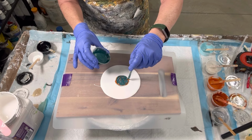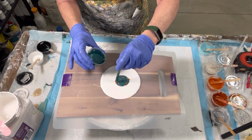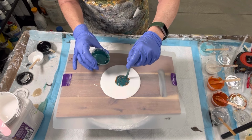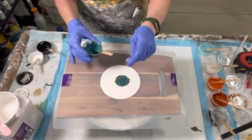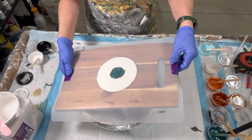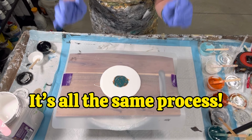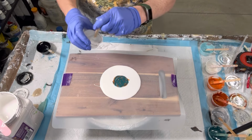So I'm ultimately going to be looking for a creation here that's about 8 inches by 6 inches to fit on the ends of the charcuterie board that I'll end up scissoring down to the right size. And just so you know, you see me doing this here on a silicone mat. I could be painting on a canvas right now. The same process applies whether you're doing this for functional art or on a canvas